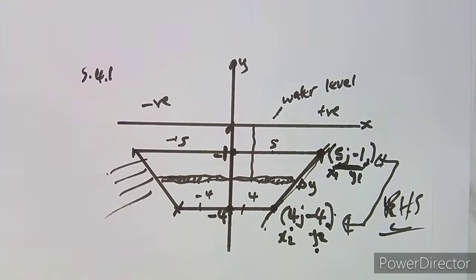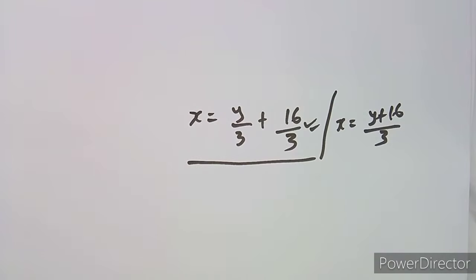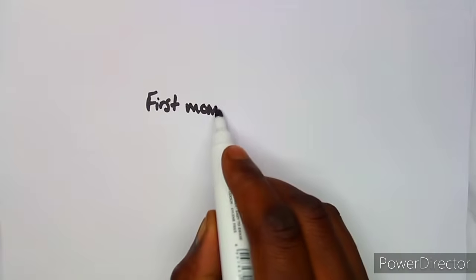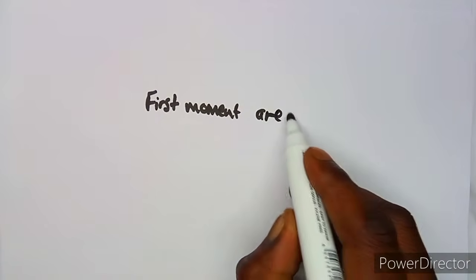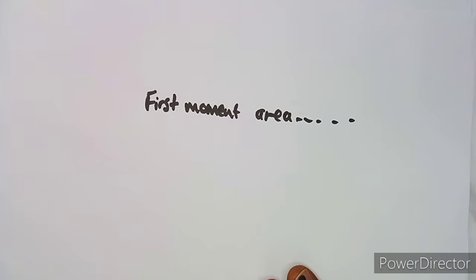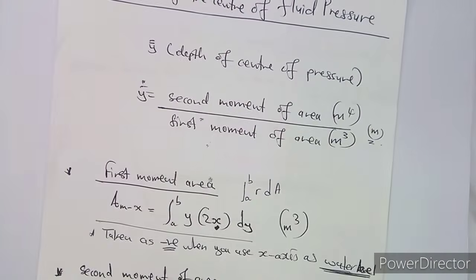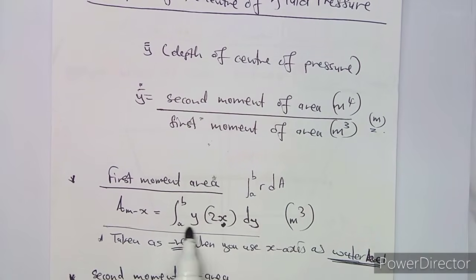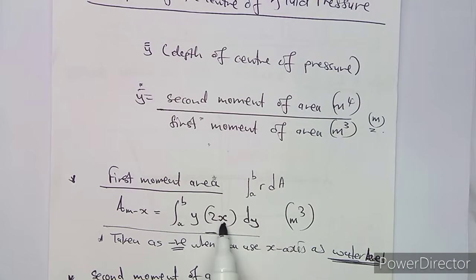So the formula that we are going to use now, let me just write it aside so that I don't confuse you here. So this is the first moment actually. It's still on the same question, but we are asked to calculate two things here. So we need to calculate the first moment of area. How am I going to find this? Remember, guys, I told you about this formula before, that if you take the water level, there is the area moment about x, which is going to give us something like this, and that is 2x dy.